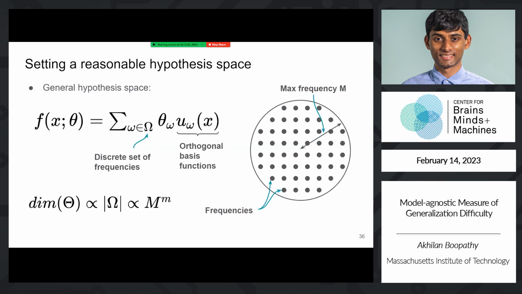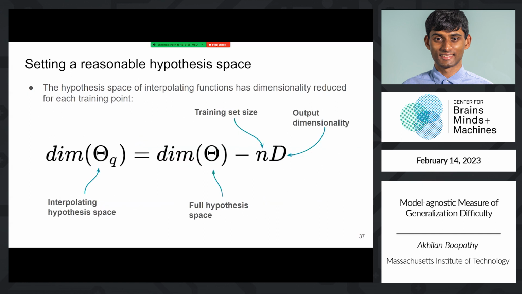Okay, so moving on, the next step in our calculations will be to determine the dimensionality of the interpolating hypothesis space. This is just the set of hypotheses that interpolates the training data, not the full set of all hypotheses. It will turn out that basically every training point we're given reduces the dimensionality of the hypothesis space by a fixed amount. This is easy to see if we're just dealing with a linear hypothesis space, because for each training point, we can just adjust one parameter of our model